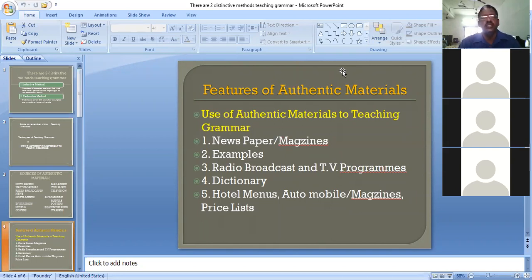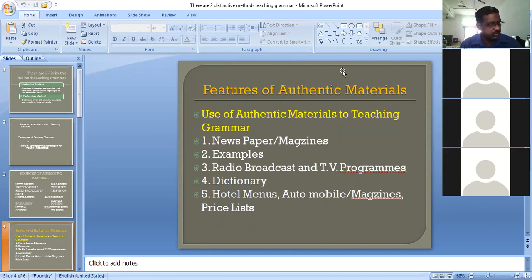Using the dictionary. What can we find in the dictionary? We can find the meanings of the words, and whether it is a noun or other parts of speech. We can find the parts of speech, the tenses, pronunciation, syllables, and some more. And how to use the dictionary, how to search for a word in the dictionary, alphabetical order. How can they search for a word in the dictionary? We have to give some practice to the students.